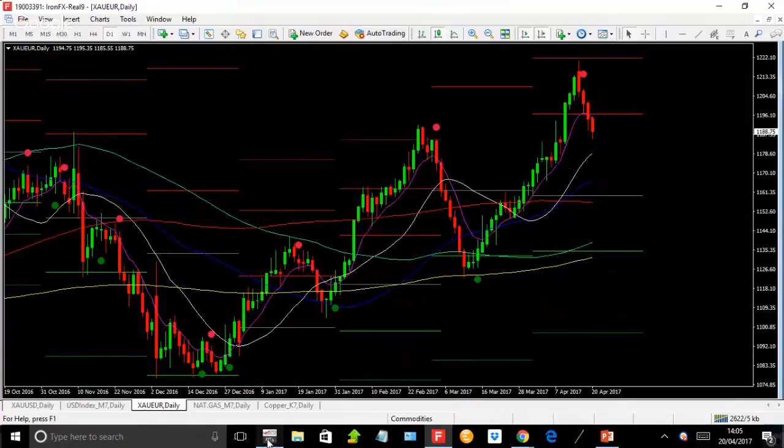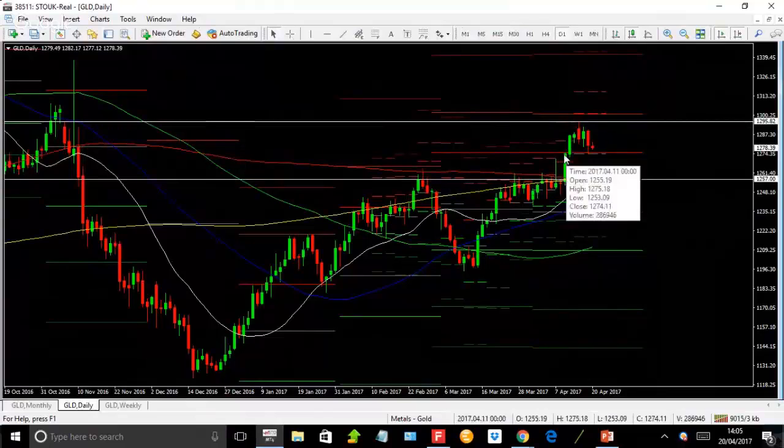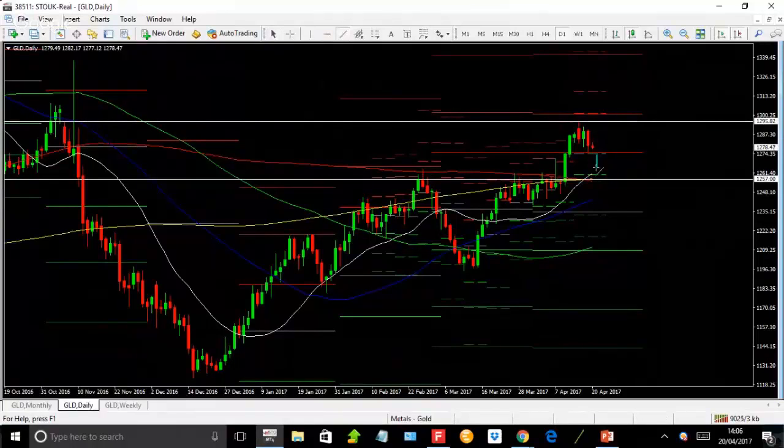At the moment, gold versus US dollars looks weak right now. It has some underlying support around the 1275 zone, but if we take out that level, you can see we've got underlying support there. This has been a major zone previously of resistance, but if we were to get a move and a break back below 1275, I see just clean air here for a drop